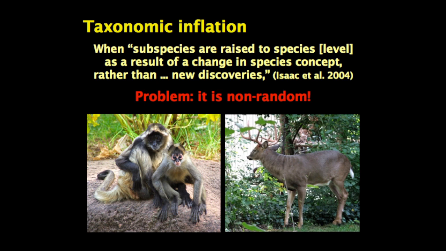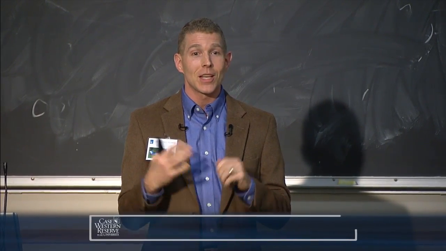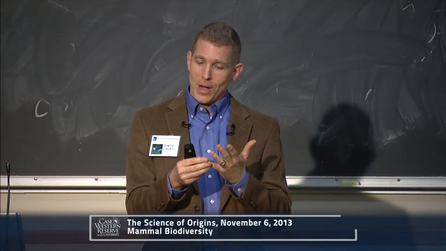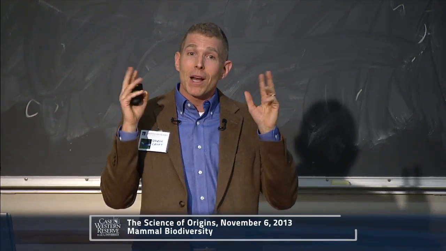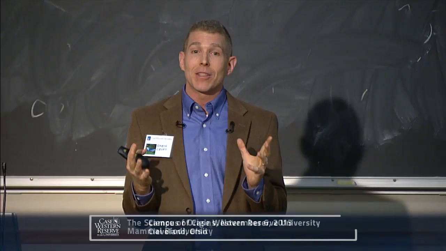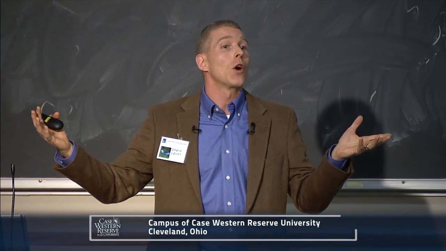Additionally, animals like this deer that I can photograph in my backyard, unfortunately, tend to be inflated more often too because they live near biologists. So animals that live close to a university, close to a concentration of scientists, or in a biological hotspot are going to get inflated more often than not. And that makes it difficult if you want to ask, okay, how many cats are there versus dogs, and why has that happened? Why has it evolved that way over the past 65 million years?